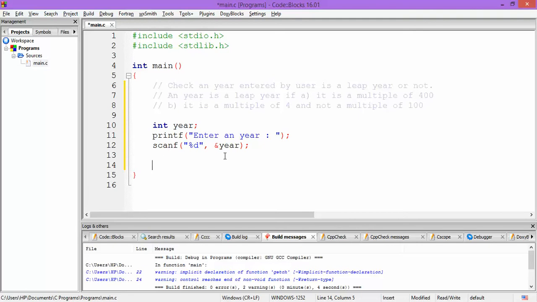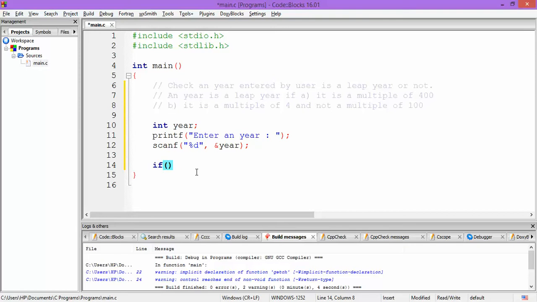Now we'll have to check whether the value of this variable satisfies either of these two conditions or not. For that, we would be using an if statement, and some logical operators as well. Within the if statement we'll provide these conditions. The first condition is that it should be a multiple of 400, which we can check using the mod operator.